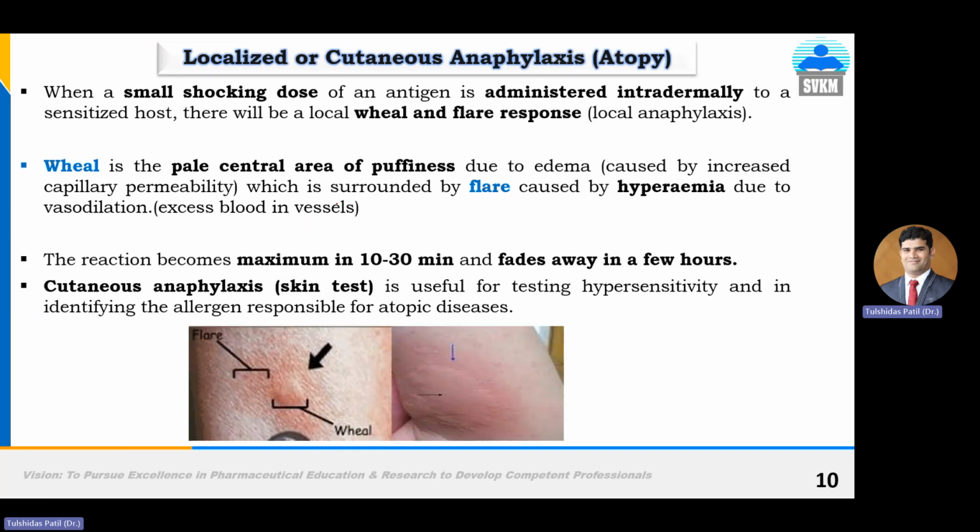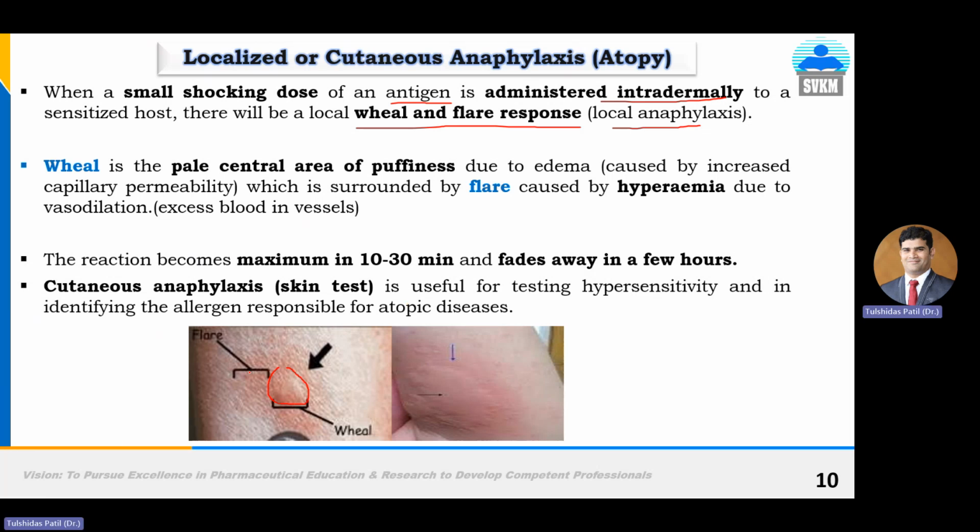When I say localized or cutaneous anaphylaxis, it is also referred to as atopy. Now, what is it, we will see. When a small shocking dose of the allergen or antigen is administered intradermally, it leads to the creation of a wheal and flare response, which is referred to as local anaphylaxis. So what is the wheal and flare response basically? Wheal is nothing but the pale central area of puffiness due to edema, which means there is an increase in the permeability of the blood capillaries,